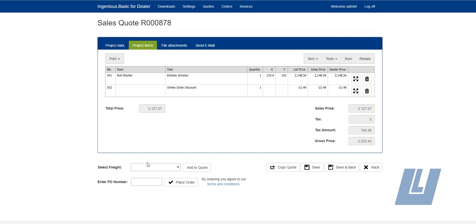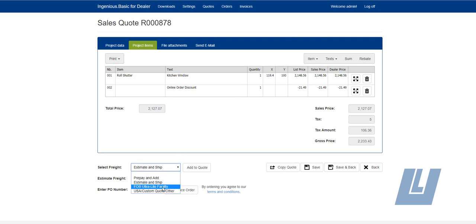Once you have the order ready to go, your freight can be selected here. Prepay and add. Ultralight will quote and coordinate shipping and add it to the final invoice. Estimate and ship. This will give you an estimate of how much it'll cost to ship this quote to you. FOB Ultralight, if you'd like to coordinate with your own carrier, you can select this. We'll let you know as soon as the product is ready for pickup at our dock, and you can coordinate